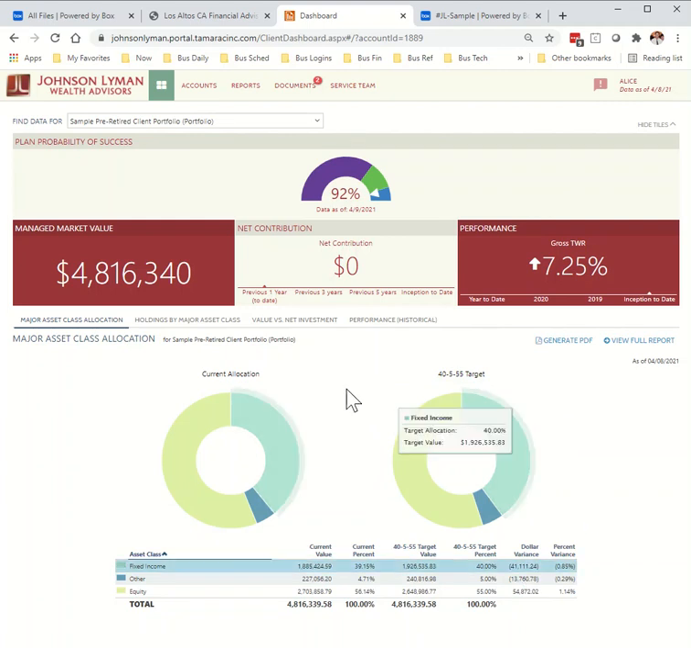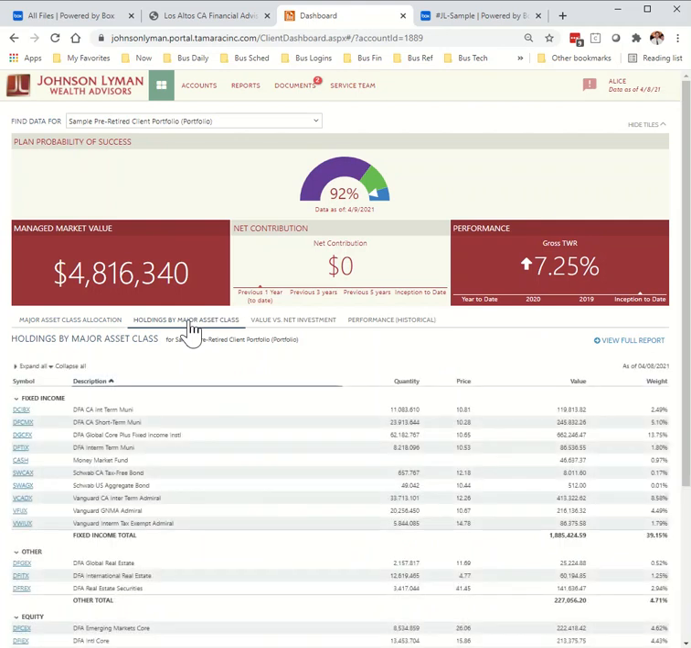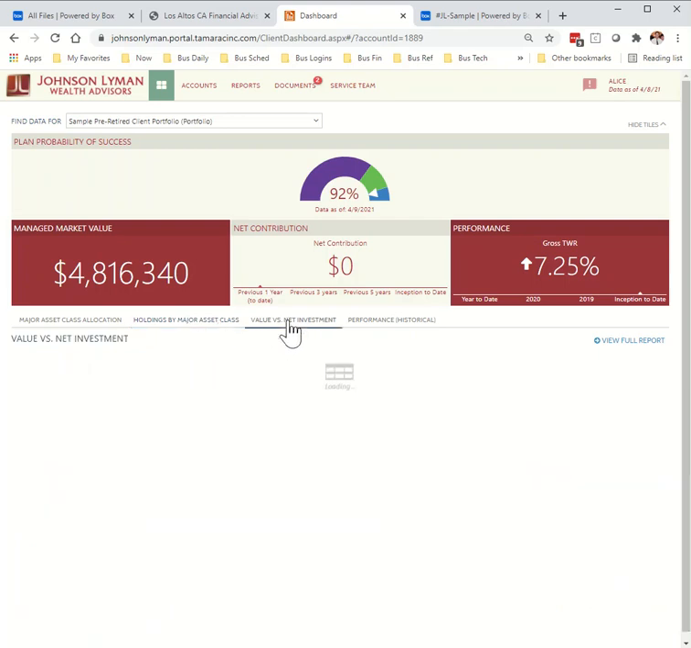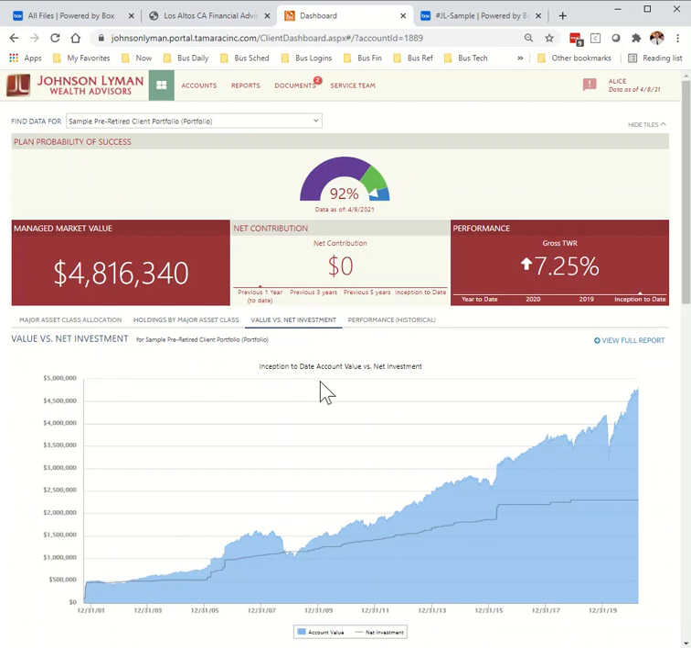This is investment policy and really is the most important indicator of the health of your portfolio. And then if we just tab across here, we have holdings by major asset class, so you can actually see your holdings by asset class. Value versus net investment. You undoubtedly will have seen this before. We probably reviewed it with you